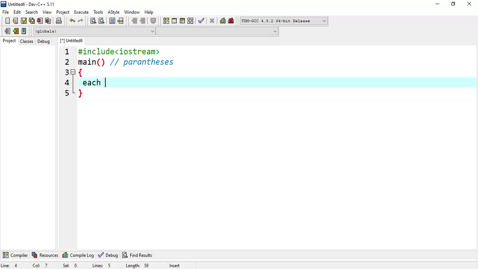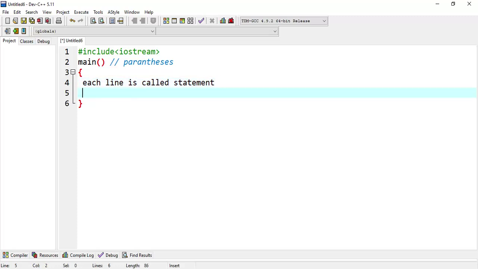Each line is called a statement. So in the two curly braces we can write multiple statements or lines. Each line is called a statement and each line will be ended by a semicolon. So each line will be terminated by the symbol semicolon.